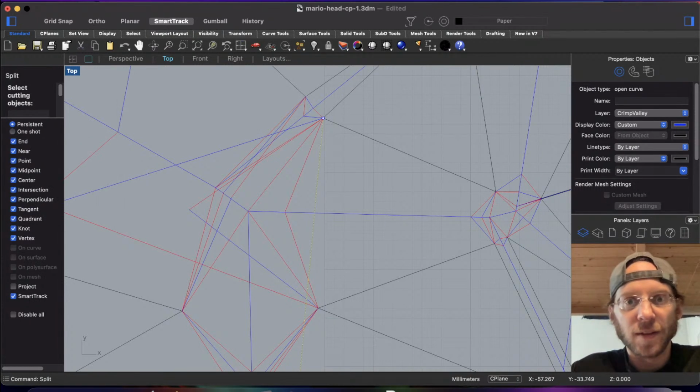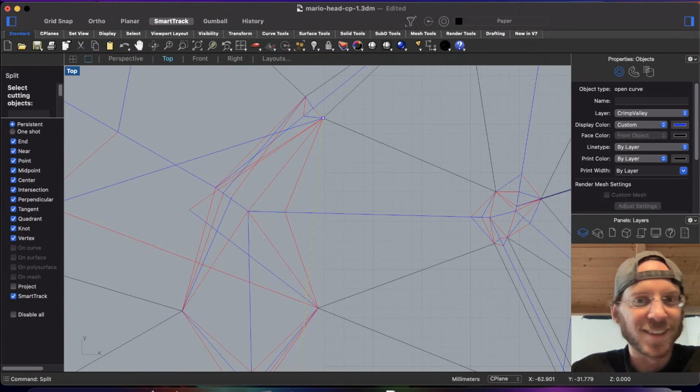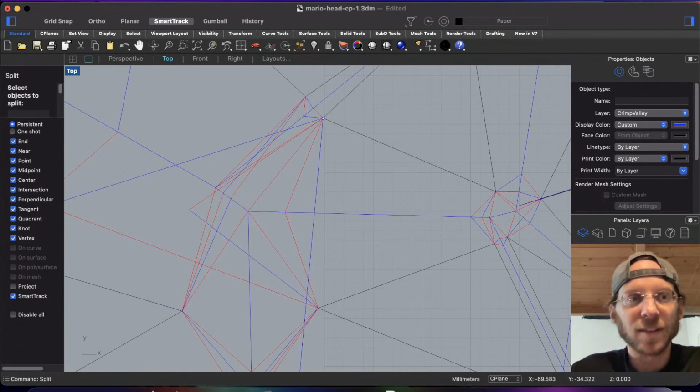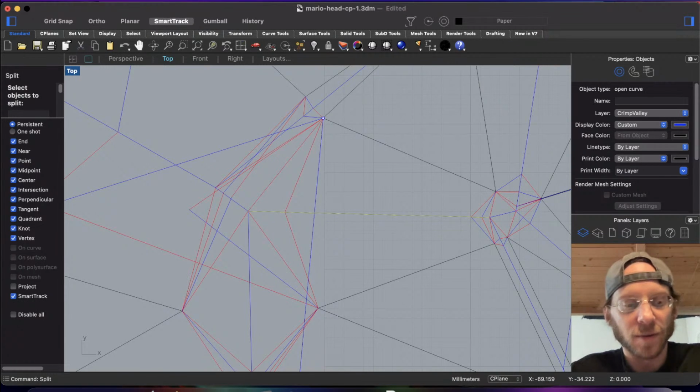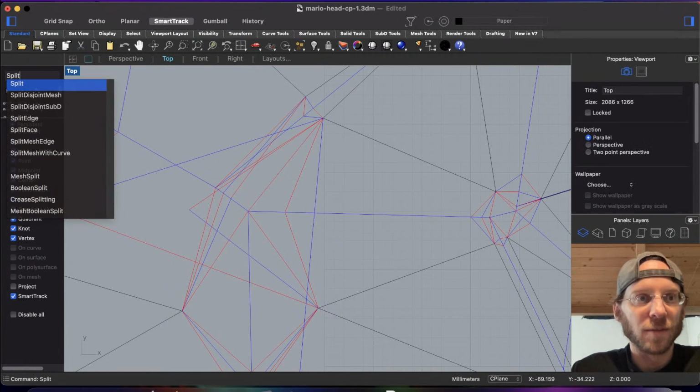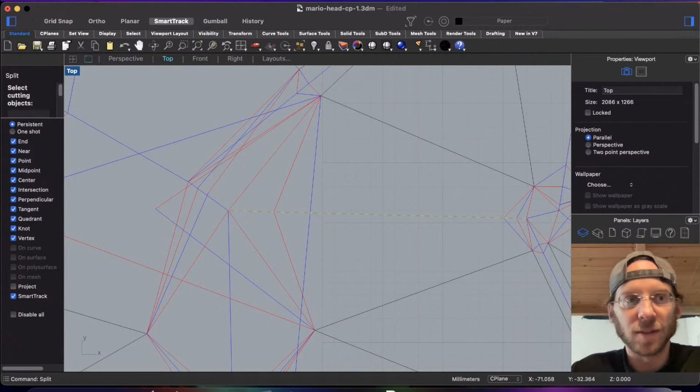Split. Here I answered my question. This is the Rhino command I was looking for. Select cutting objects. Select. Oh, no. Split. You have to do it in reverse. What I thought. Here's the cutting object. No. Here's